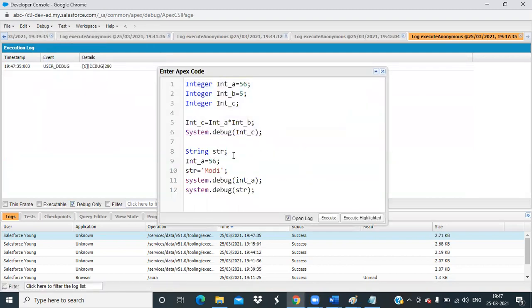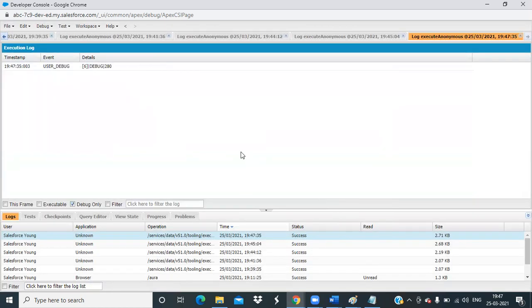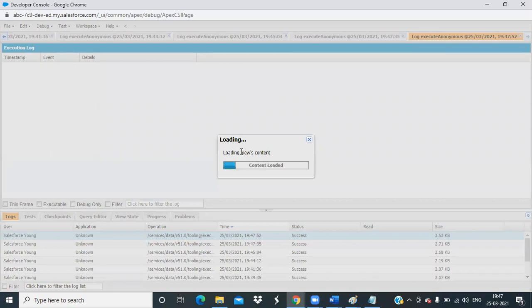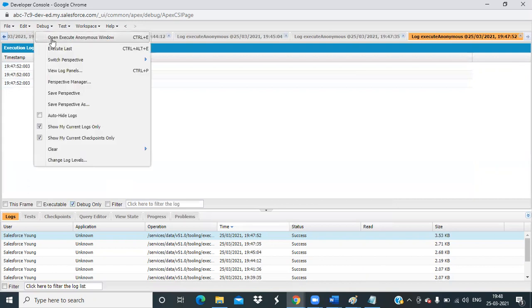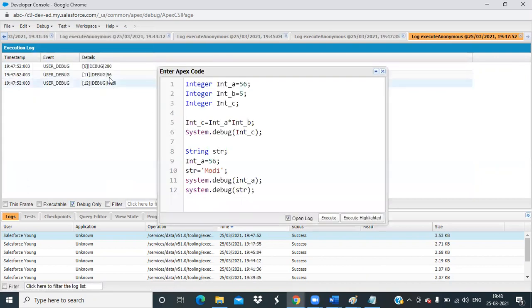If I don't highlight and execute, it will execute everything: it executes the first debug, printing, then it prints this one. So this is the way we can use data types, for calculation and things that we do in other languages.